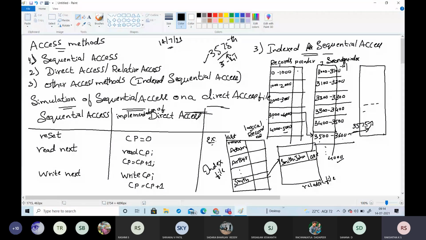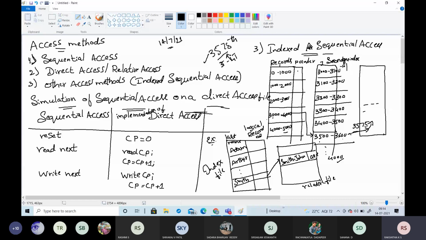For example, if we take a retail price file, or the universal product code, each record may consist of 10 digits of UPC and 6 digits of price, making a 16 byte record. If your disk has 1024 bytes per block, then we can store 64 records per block. If a file contains 1,20,000 records, then it is very difficult for the user to access a particular record which is present in such a huge amount of records.